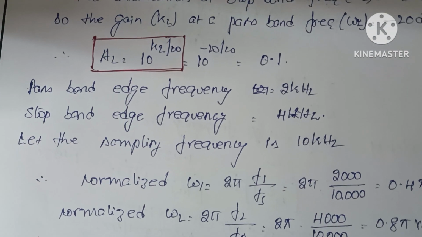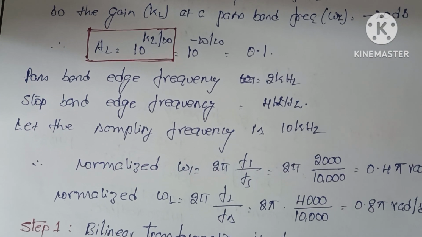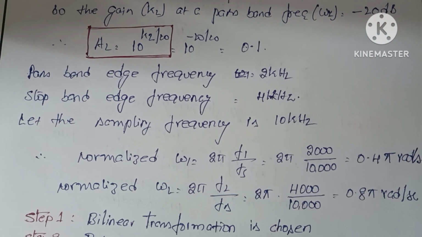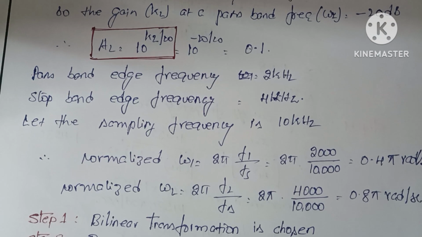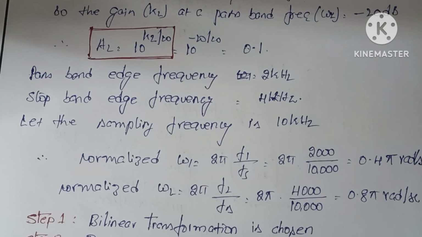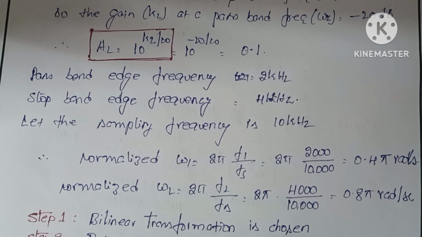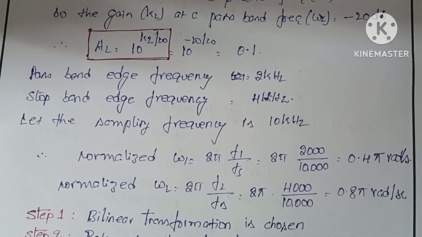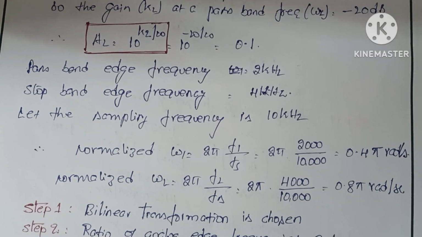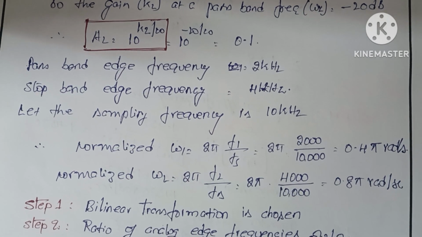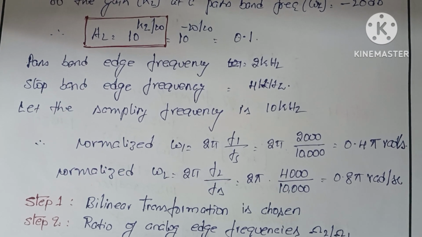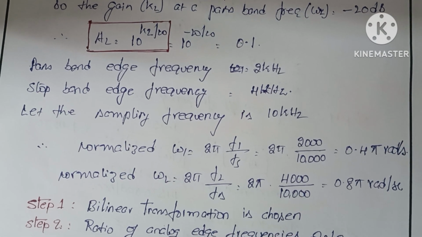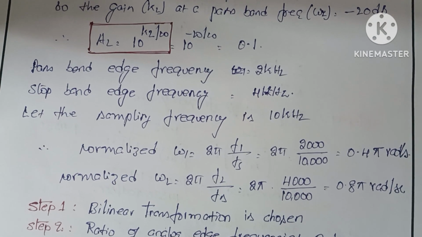Also, the given passband edge frequency is 2 kHz and the stopband edge frequency is 4 kHz. To continue our problem, let us assume the sampling frequency, which is 10 kHz. Why do we need the sampling frequency? First of all, we have to get the normalized values of the frequencies in radians per second. Actually, the frequency mentioned in the given problem is in hertz. In order to convert the hertz